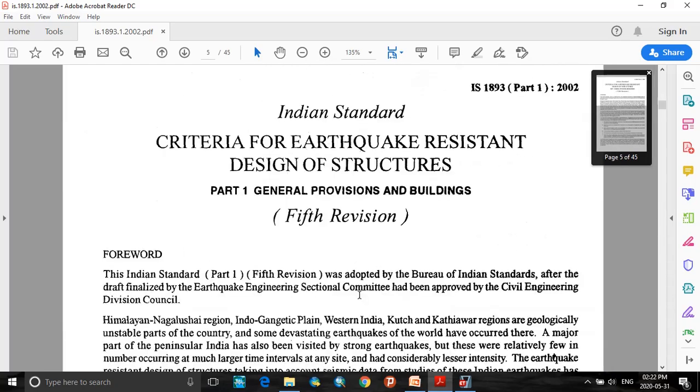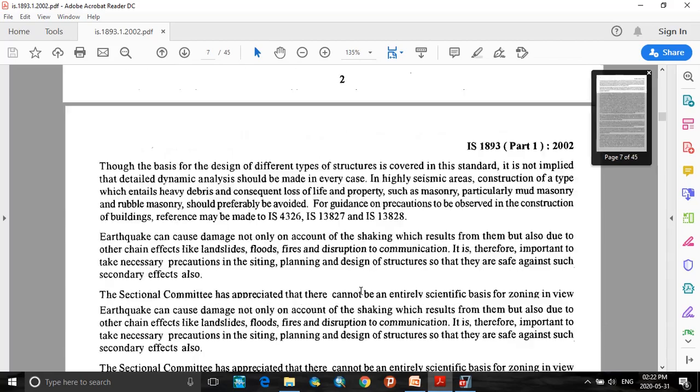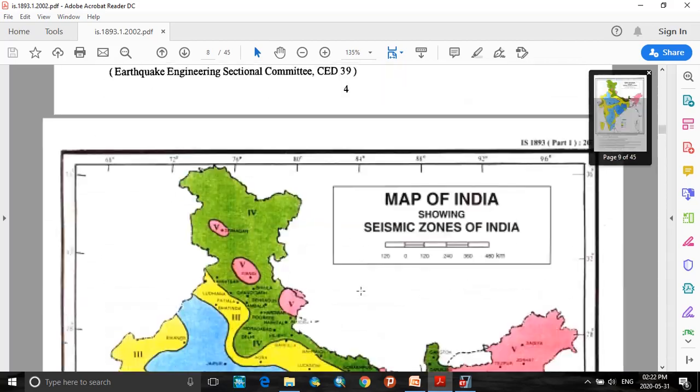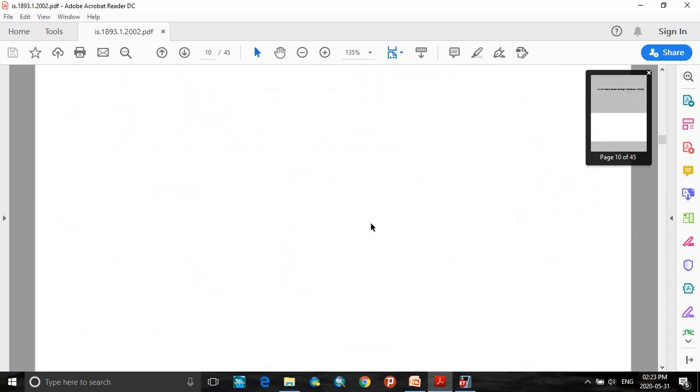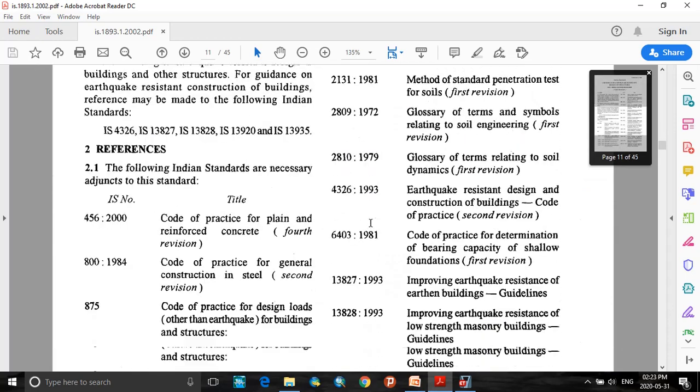For Bangalore city, looking at the color of the zone, blue color indicates zone 2, and Bangalore is in the blue color zone, so Bangalore lies in zone 2.